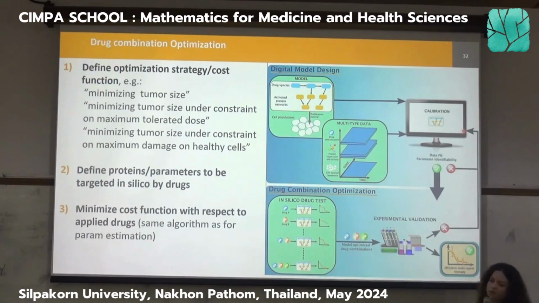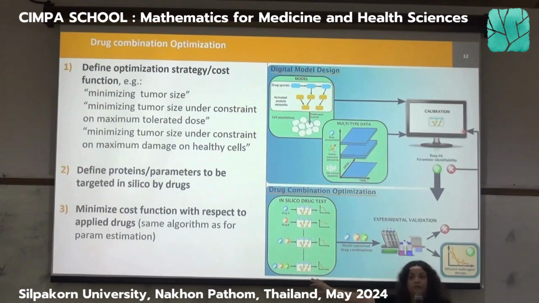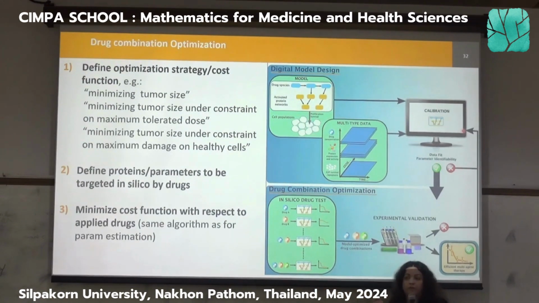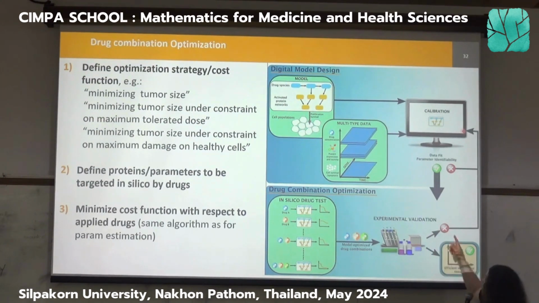And something that is nice is because you do have a mechanistic view with this type of model, you can suggest new experiments that will help you identify why your model is not correct and why your project has led to a wrong drug combination. And then like this you iterate. Then if you have a better model, then you go back to this arrow, redo the optimization for the drug combination, and hopefully go to that direction again.